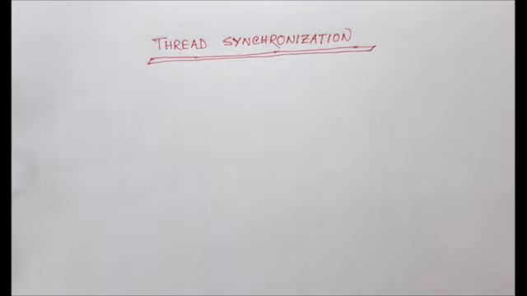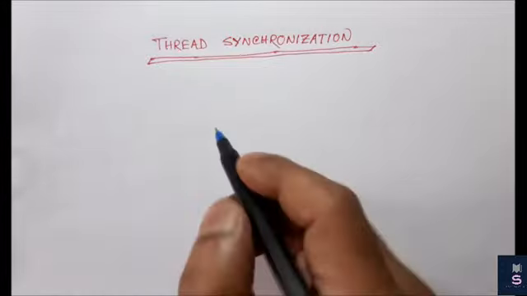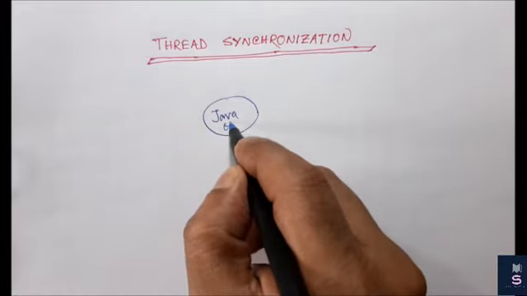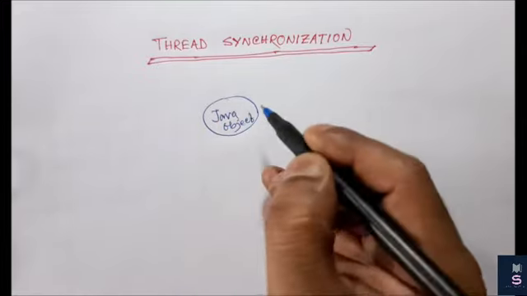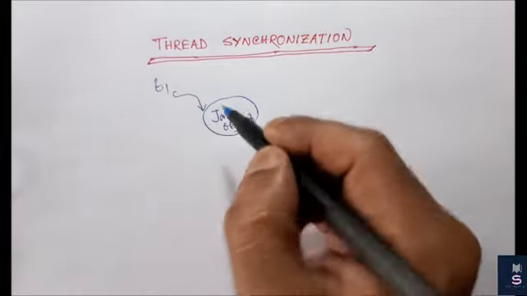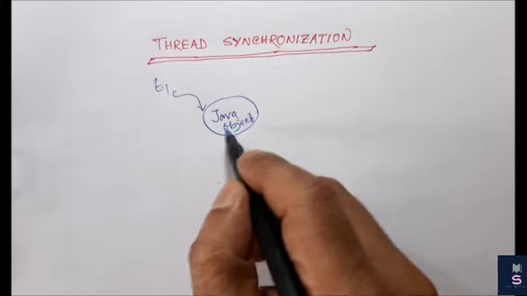In the multi-threading concept, when multiple threads are trying to operate simultaneously to access the same object, there may be a chance of data inconsistency. For example, suppose we have a Java object. Suppose one of my threads, named T1, is going to access this object. Suppose this thread is going to update this